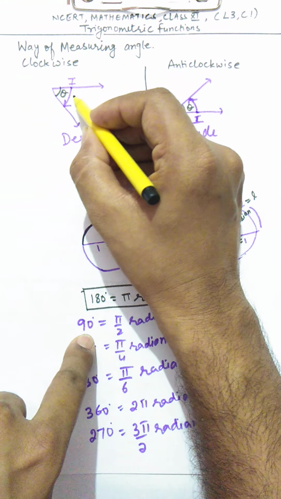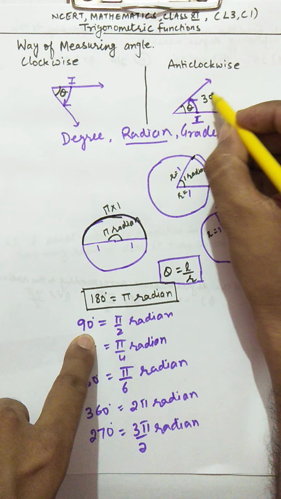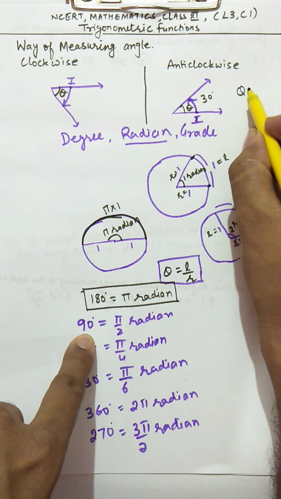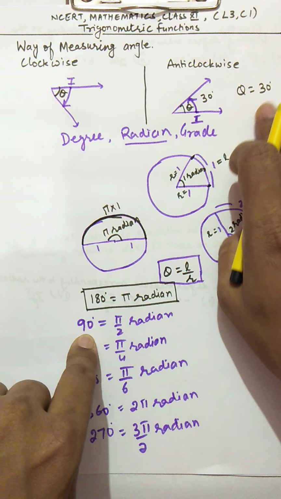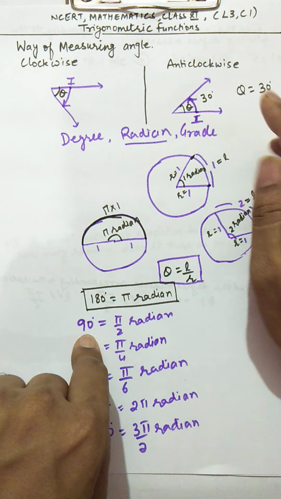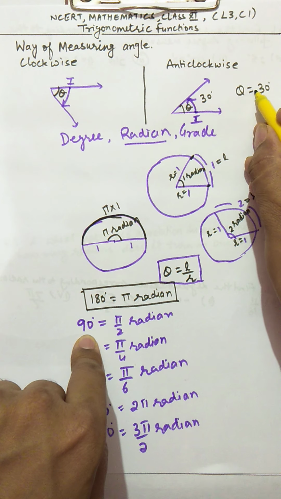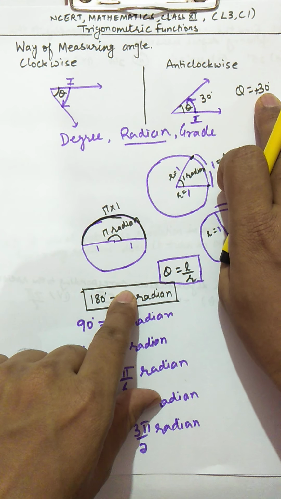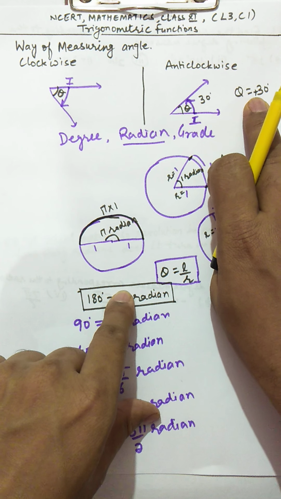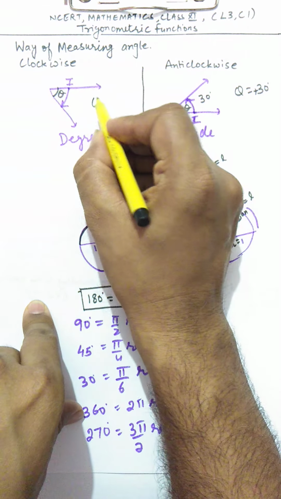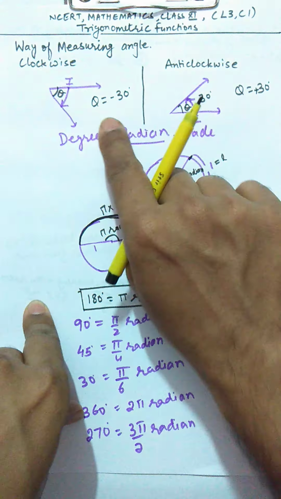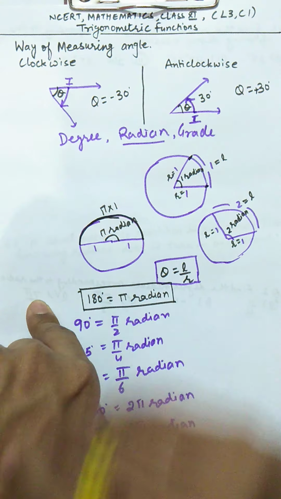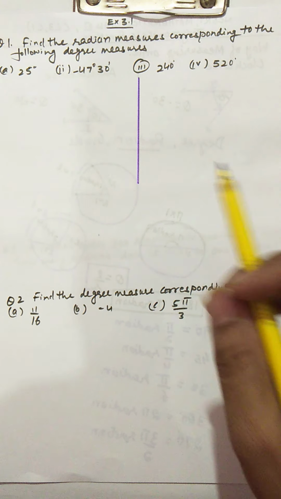So if this is the same angle, 30 degree this way and also 30 degree downward, when we write theta equals 30 degree with a plus sign, this is plus 30 degree. Whether you mention the plus or not, it is okay. So when you say theta equals 30 degree, it means we are measuring the angle anti-clockwise. But if I write theta equals minus 30 degree, this minus sign indicates that I am measuring the angle clockwise.